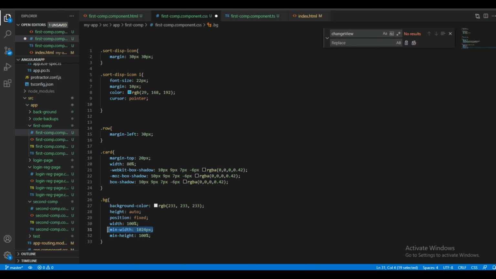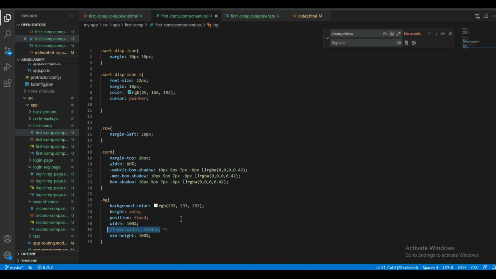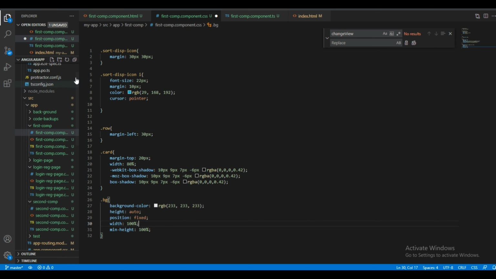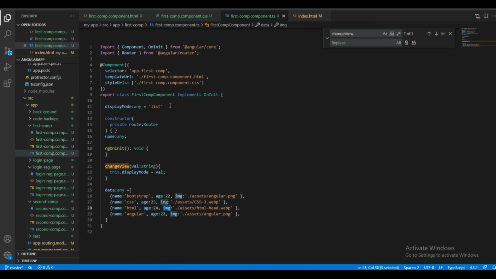If I remove this one also it won't make a difference. Okay, done. So this is how it looks like. By default I have saved the variable. By default I'm giving list as the default value to the display mode variable.